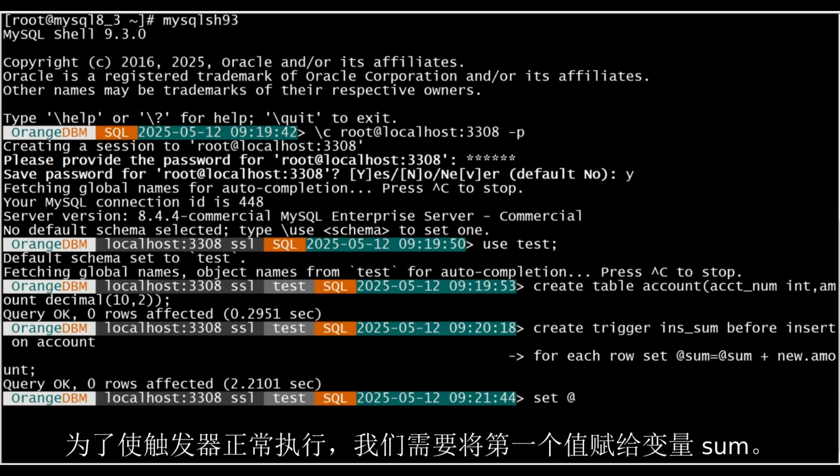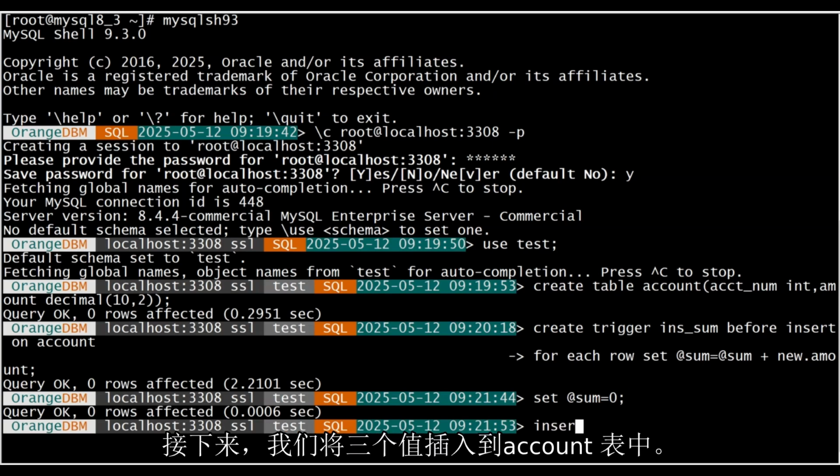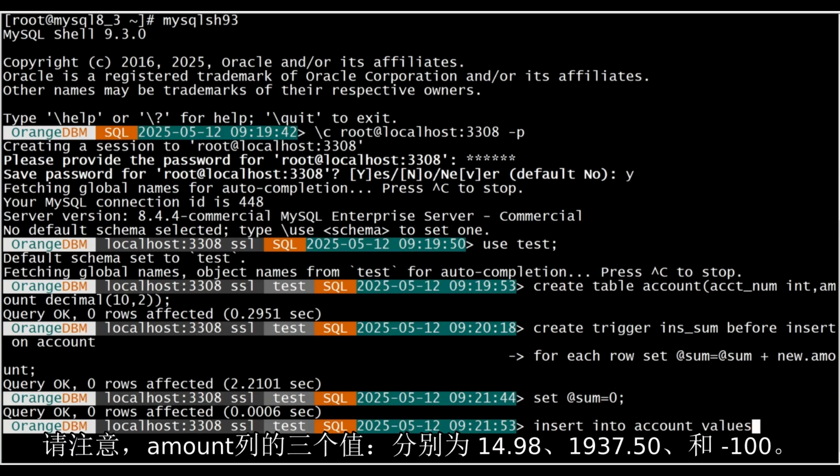In order for the trigger to be executed normally, we need to assign a value to the variable sum as the first value. We set this value to 0. Next, we insert three values into the account table. Note that the three values of the amount column are 14.98,